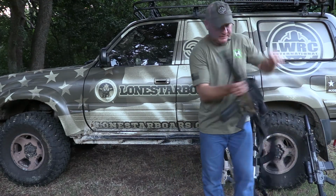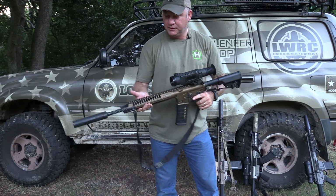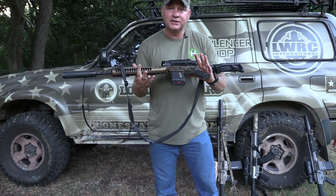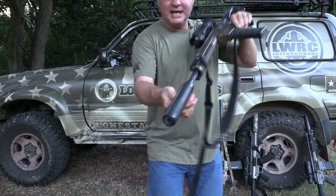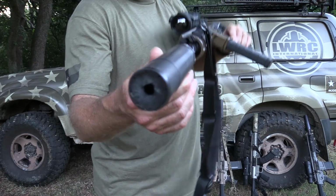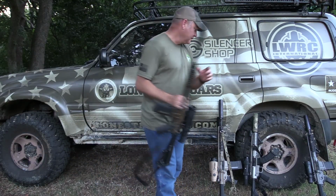The other thing you're going to see on here is the Trail XP50, and I'll tell you when you're looking at what. It's on the Razorback 2 LWRC 6.8. It's got the Sandman S from Dead Air Silencers and Silencer Shop on here. Hornady 120 grain